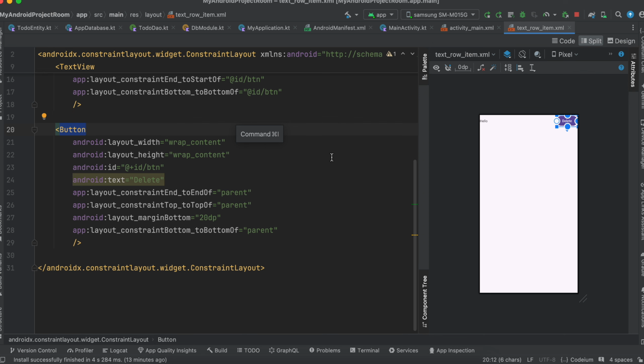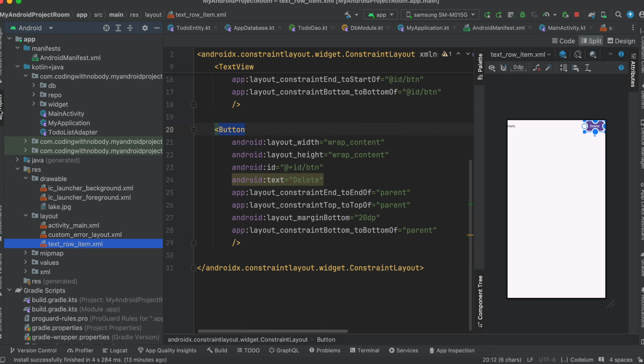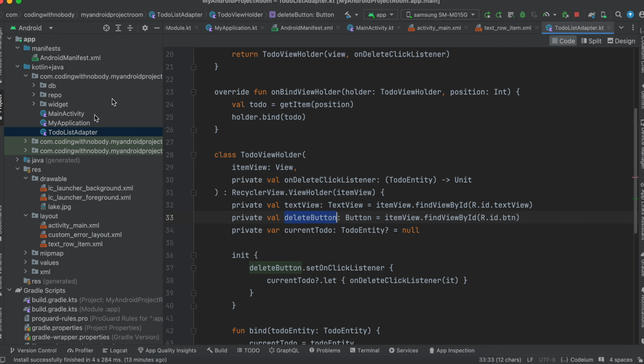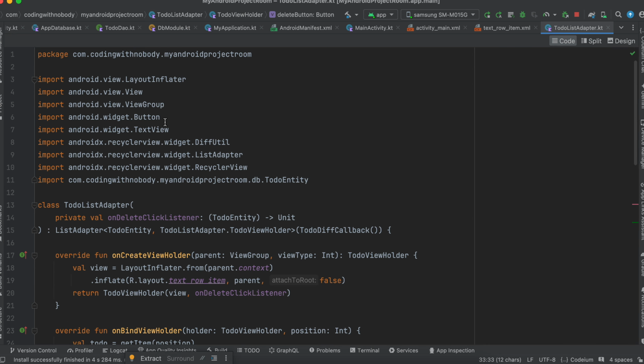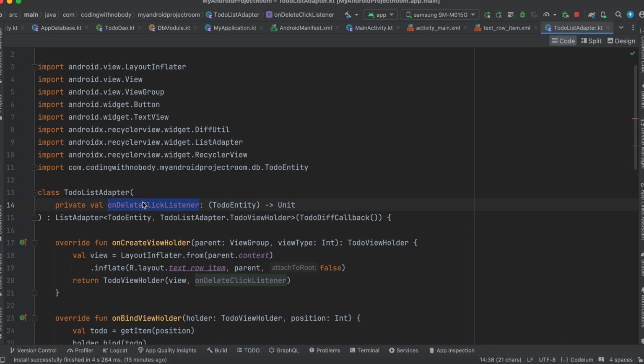So it's pretty simple. Next I'll just show you this adapter as well. So this will be used inside our recycler view. Again, these are all the imports for it. It takes an on delete click listener. So once you press the button, we send the callback to our main activity, and the main activity will delete that particular to do. It takes a list adapter,